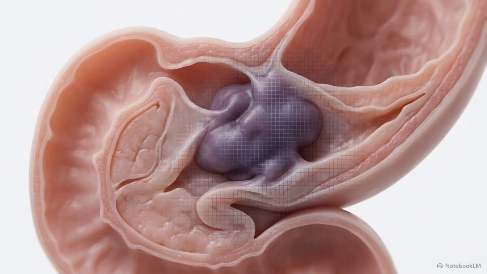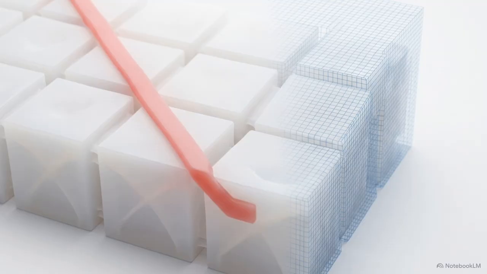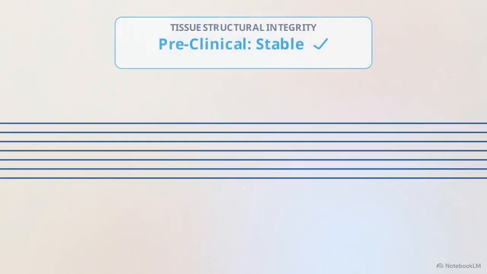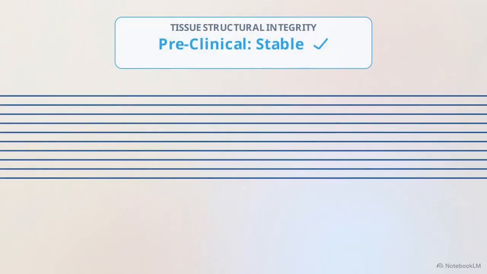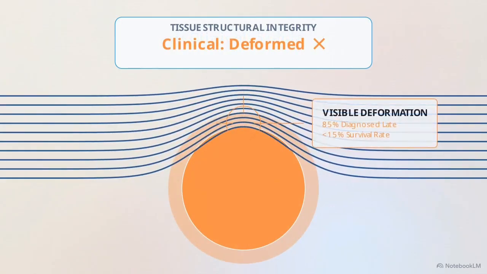By the time tumors grow large enough to physically deform the surrounding tissue and become visible on a standard imaging scan, the cancer cells have almost always spread beyond the pancreas. This late-stage detection traps clinical responses in timelines focused on palliative care, rather than the localized surgical resection timelines that could cure the patient. Shifting the overall survival probability is biologically impossible unless pathology is identified before physical structural deformation